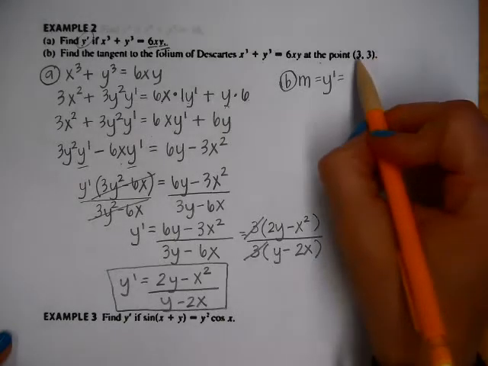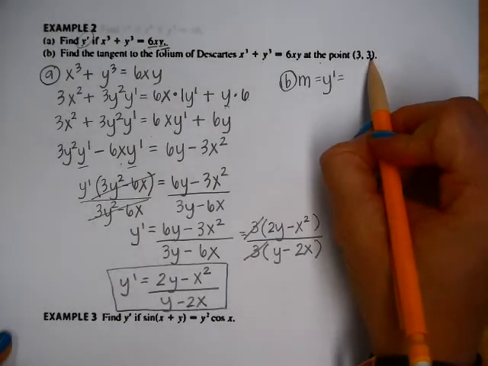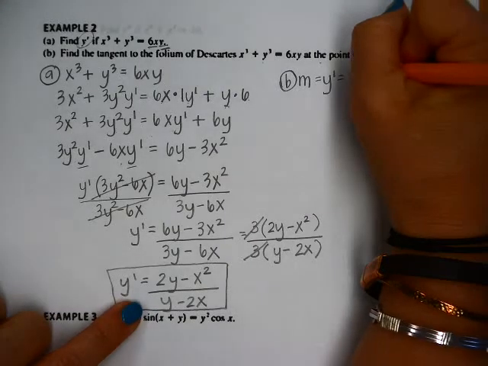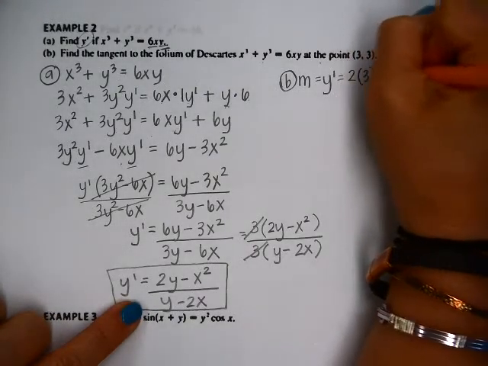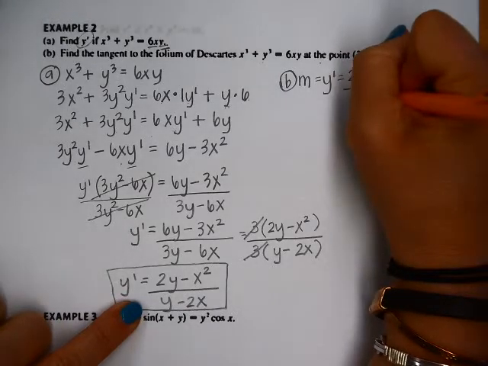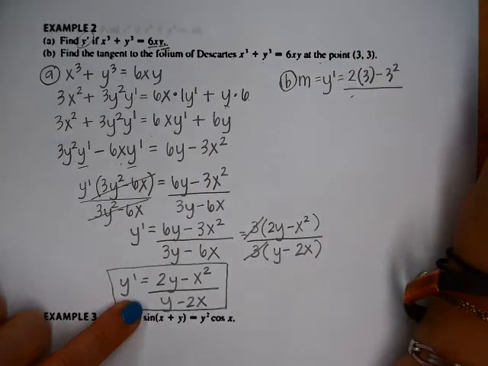And so now we're just going to plug in x equals 3 and y equals 3 into my derivative. So that's going to give me 2 times 3 minus 3 squared all over